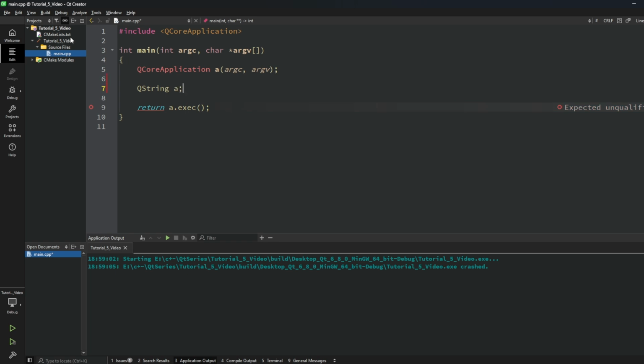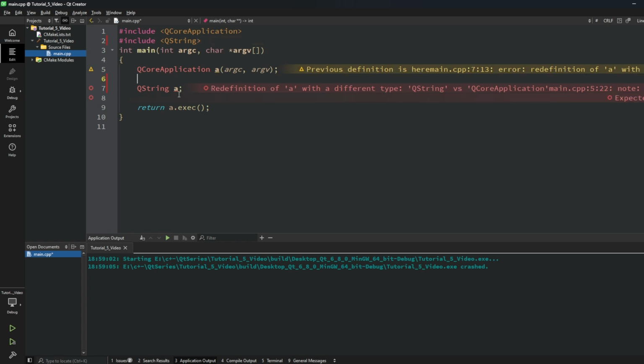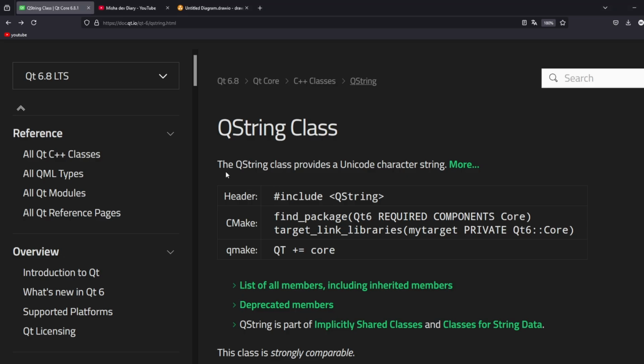Right here, QString, and include QString. And call the constructor. Then go to this class. It is not QObject inherited. So when I said that pretty much everything in Qt is inherited by QObject, I meant that those data storing objects are mostly not. So watch the full video, because I will explain most of the methods